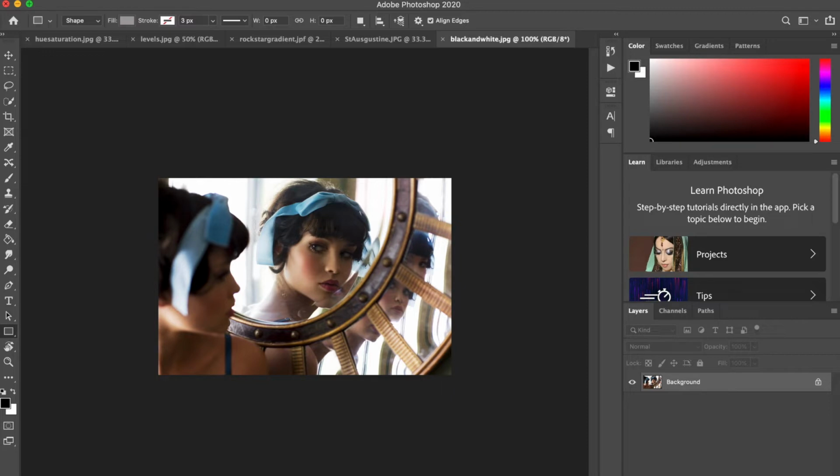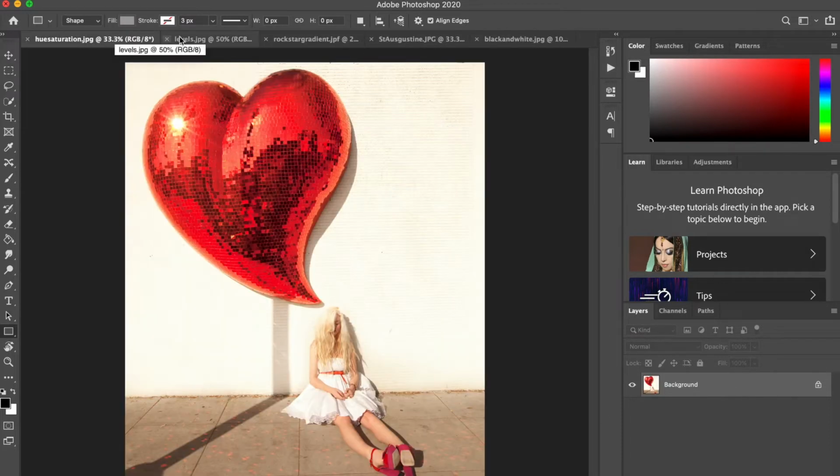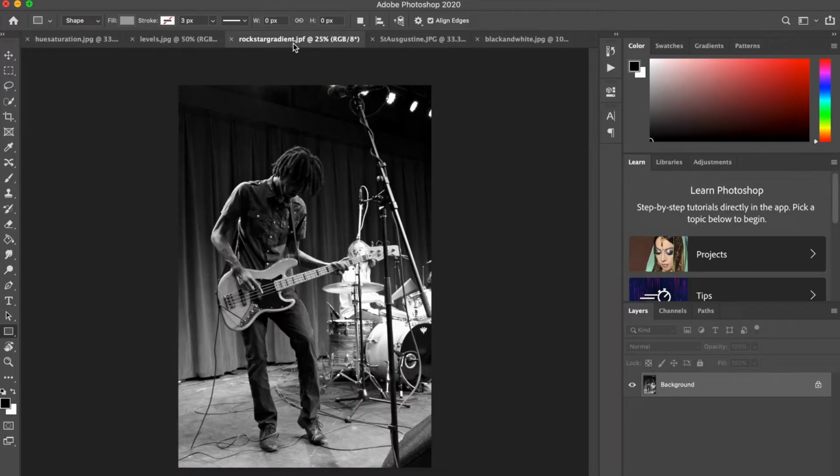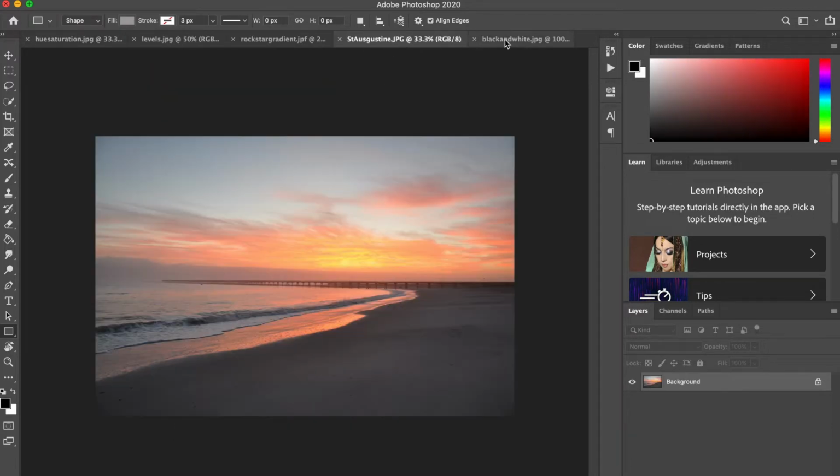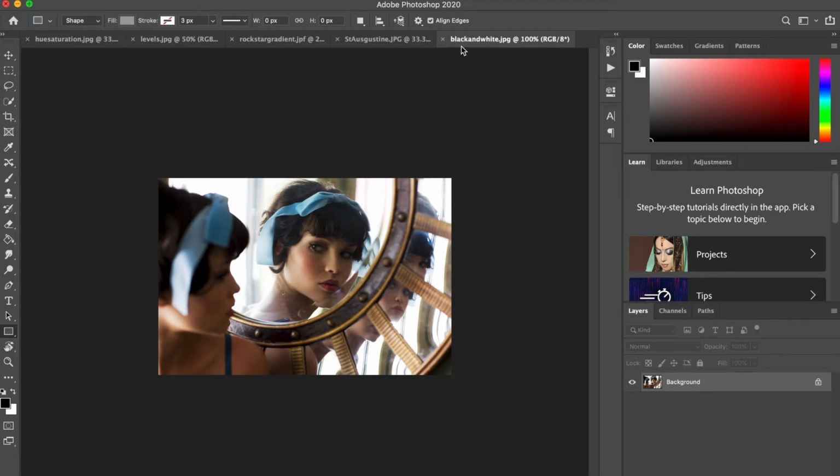Okay, so I'm going to demonstrate that real quick for you so you can see it very easily. And then I'm going to show you the benefit of using adjustment layers. Alright, so first of all, I've downloaded the 5 images that we're going to use today. They're all open as separate tabs up here, and we're starting with this one that's titled Black and White